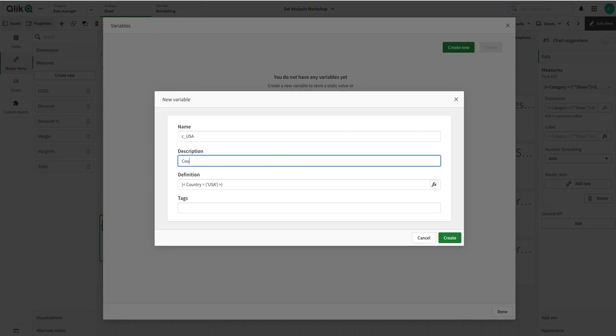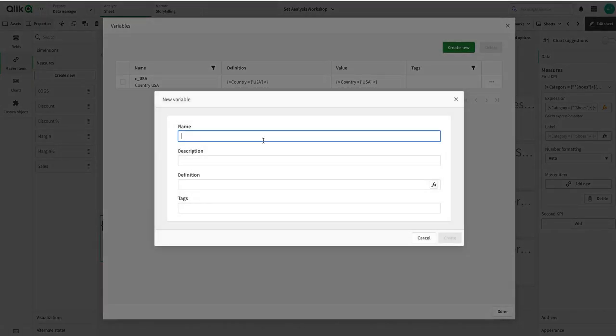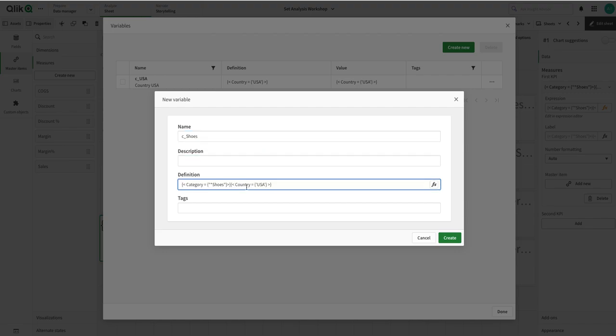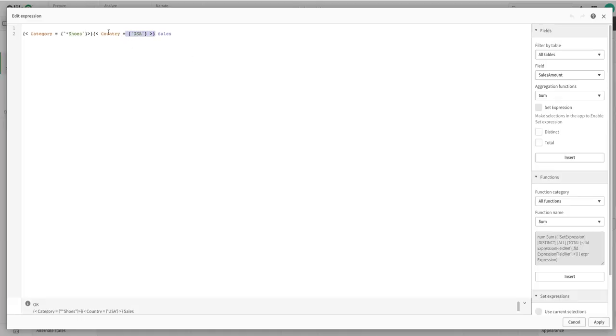So I'm just like country USA, and then I will say C underscore shoes. So the definition is this, and I click create, and I come back here, and instead of writing these conditions here, I can write the variable c